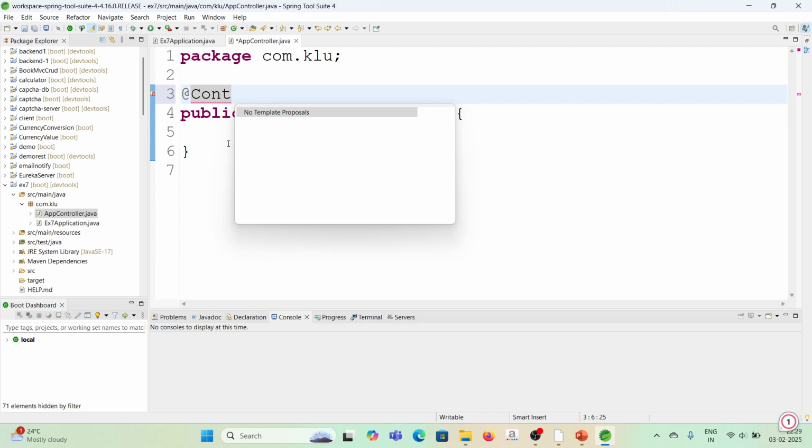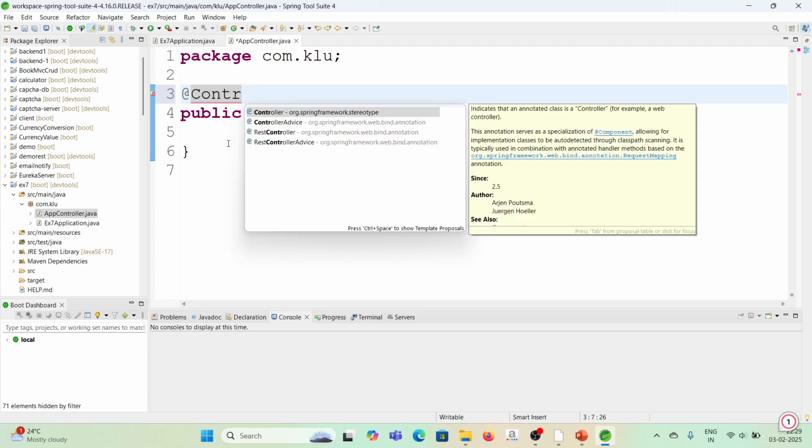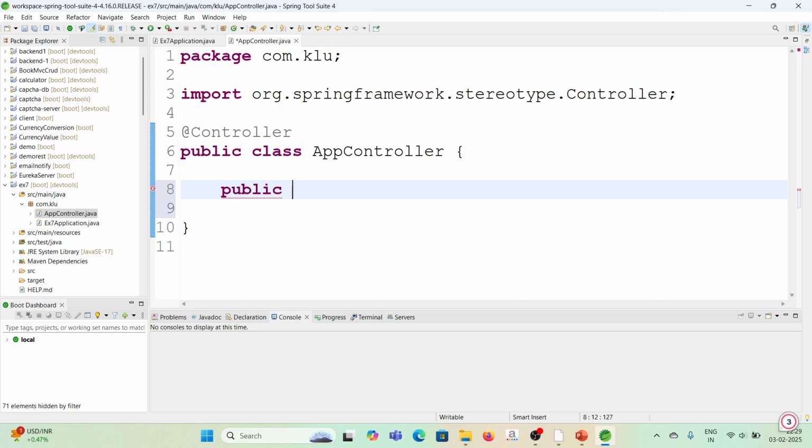Just use Ctrl+Space and you will get the annotation called @Controller. If you pick that, it will automatically get imported from the package which we already gave while creating the project. And now the class becomes a controller class, and it is responsible for user interaction. Let me create our first function, public int fun1,